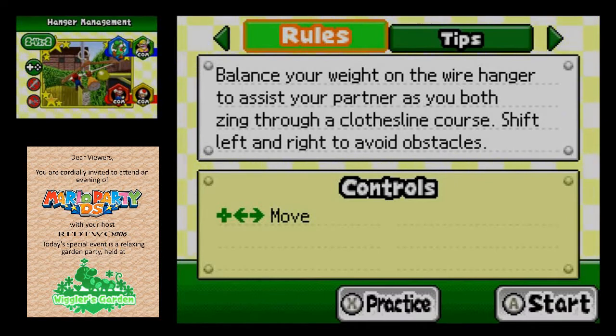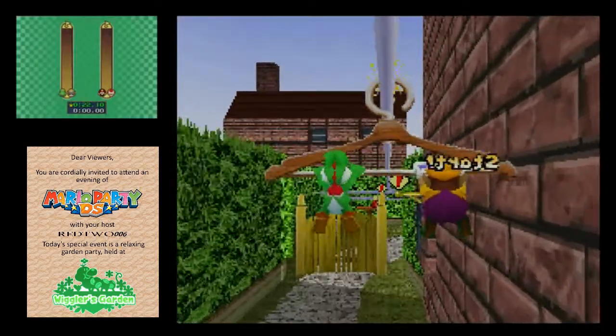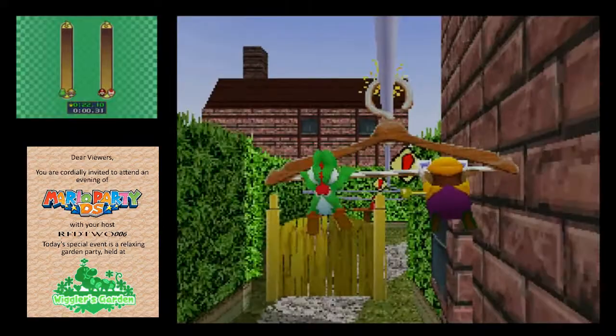Hanger management. Balance your weight on the wire hanger to assist your partner as you both zing through a clothesline course. Shift left and right to avoid obstacles. Just shuffle to the side and away we go. It's a miracle Wario doesn't weigh down one side permanently, but...